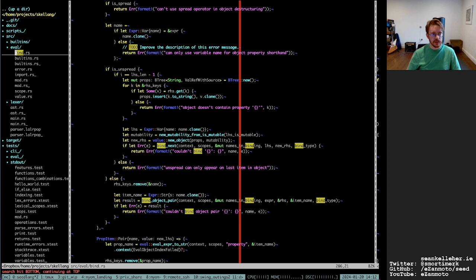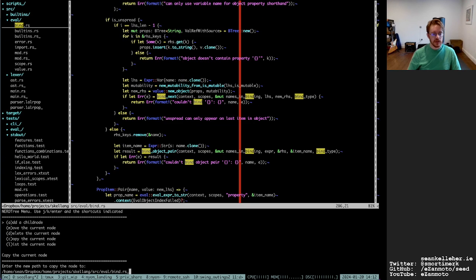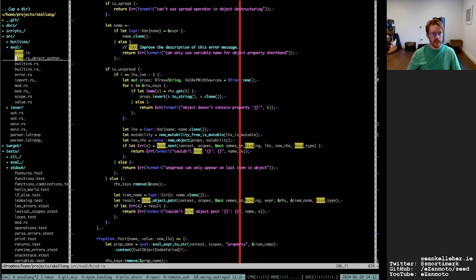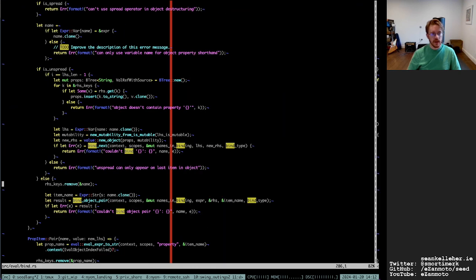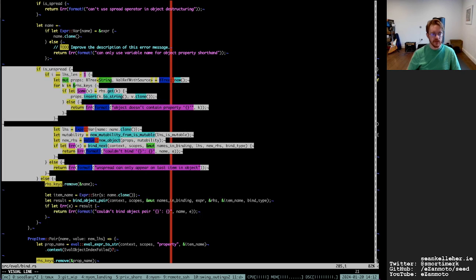So bind object gather. So RHS keys is just that for handling unspreading or gathering.